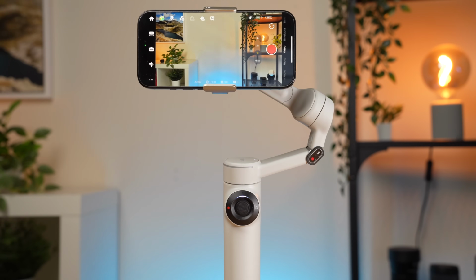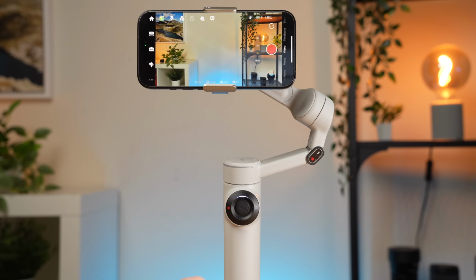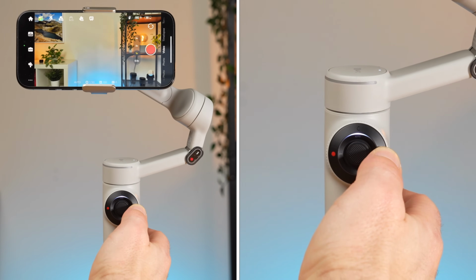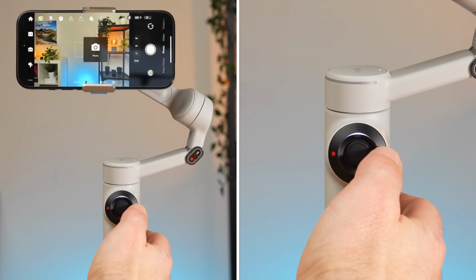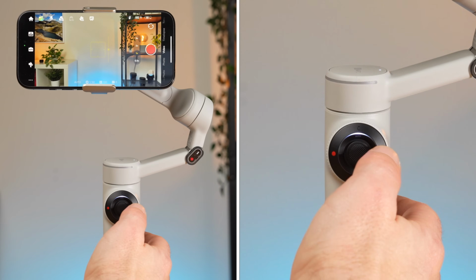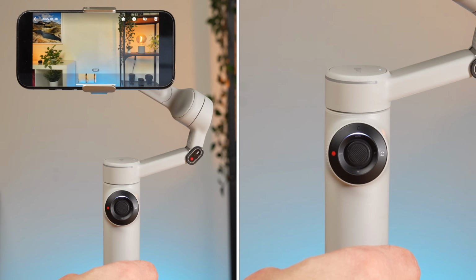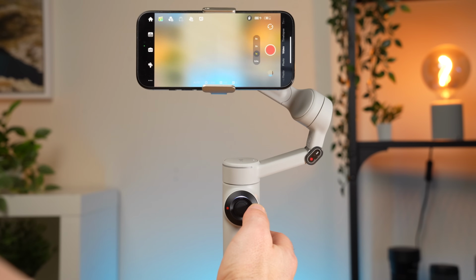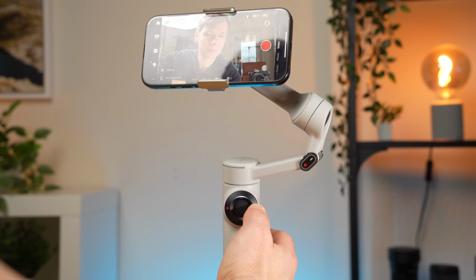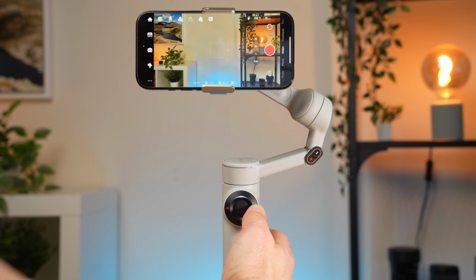You can see here on the right that the app offers various shooting modes. These are mostly the familiar shooting modes: photo, video, time-lapse and so on. If you press the switch button 3 times, you can switch back and forth between the video and the photo mode. And if you press and hold it, you switch to the preview mode. Here you can view your videos and photos. By the way, I'm going to show you all the functions of the buttons now, but you should mainly remember: switch button once, front camera, back camera; switch button twice, portrait mode, landscape mode;